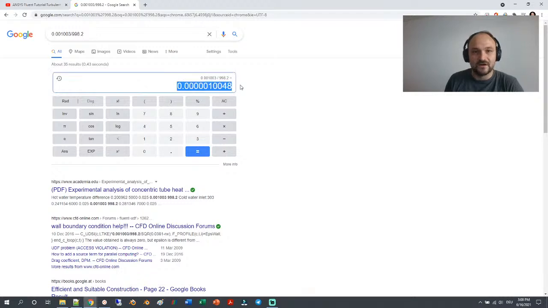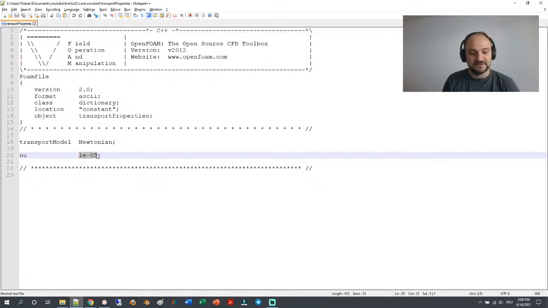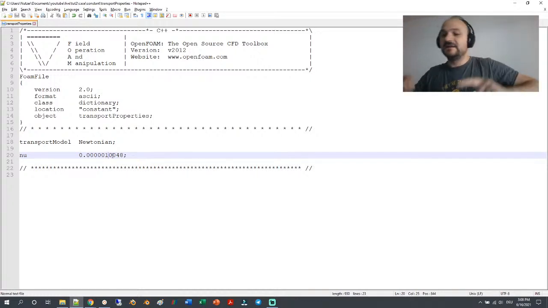Yes, so this is now our viscosity here. I'm just going to paste it here. So this is 10 to the power of minus 6 plus a little bit behind, so we could use just 1e-6, but oh well. So that was easy for the case setup, and we must not forget that because we are using SimpleFOAM,